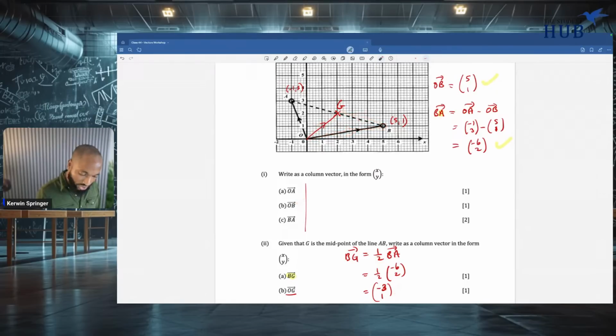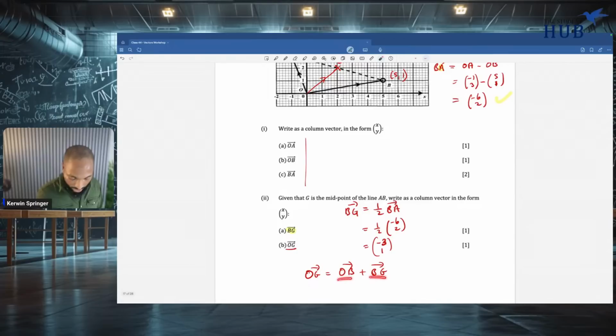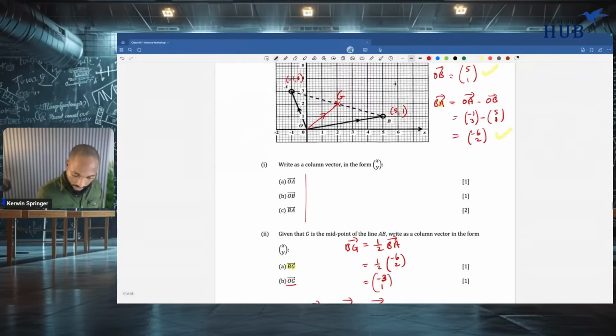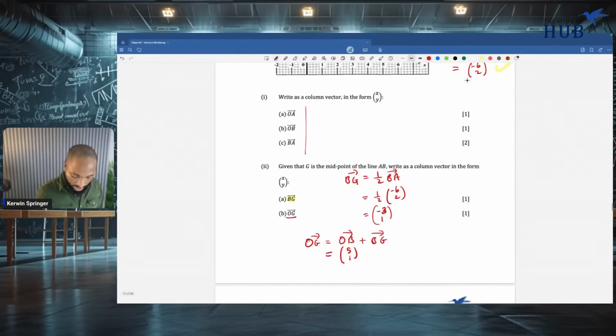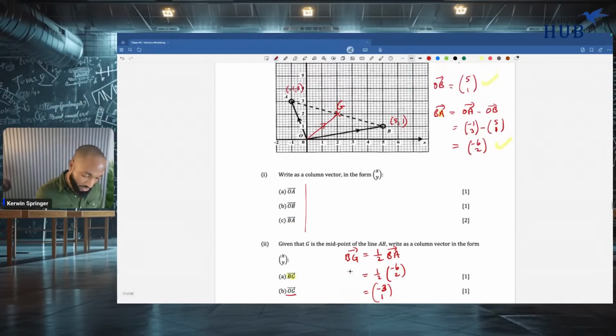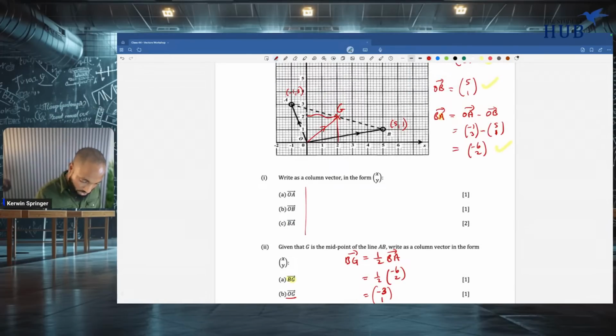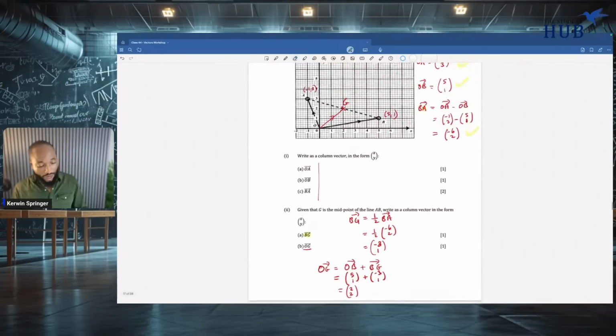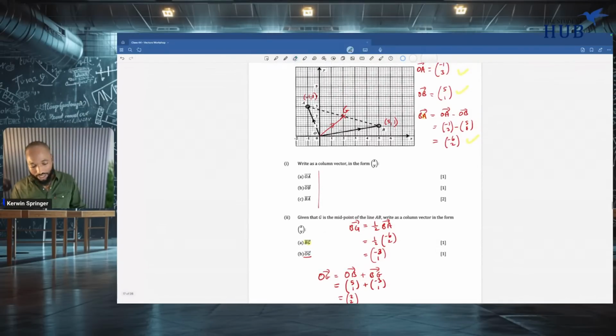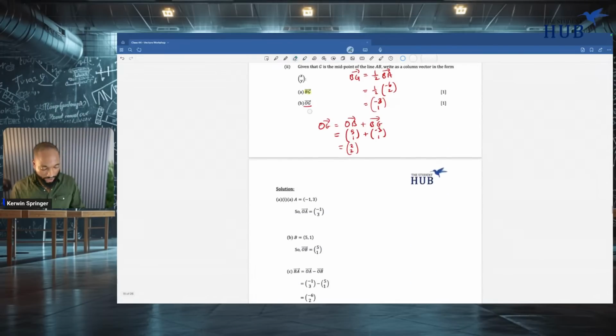So instead of saying OG, I write OG is equal to OB plus BG, and I just add the two together. OB is 5, 1. And I need to add what I just found, BG, negative 3, 1. So I get 2, 2. And when I look at G, I see it's on the point 2, 2 as well. So I'm pretty sure about that answer. So this is not bad. If you get something like this for the exam, you're cooking them on slow. You're broiling them. All right, let's do another one.